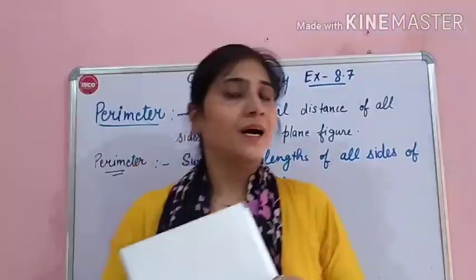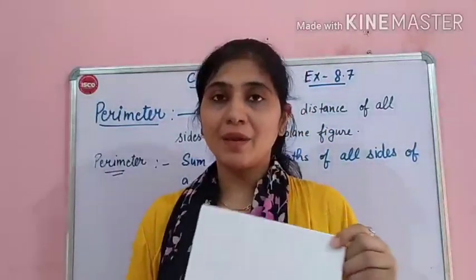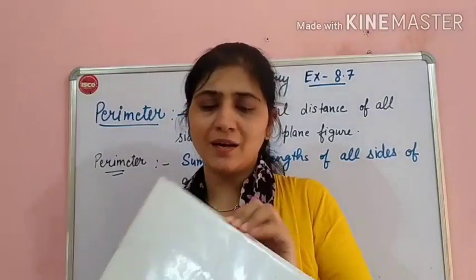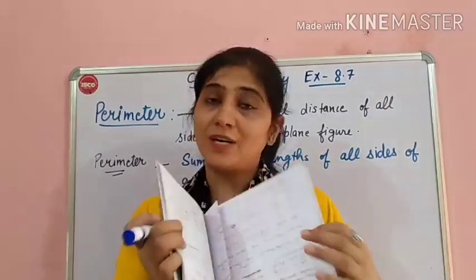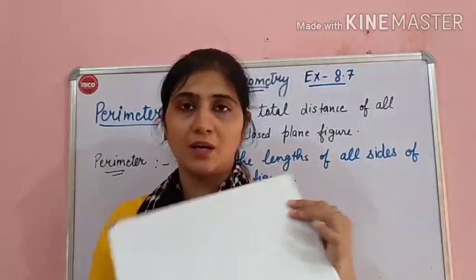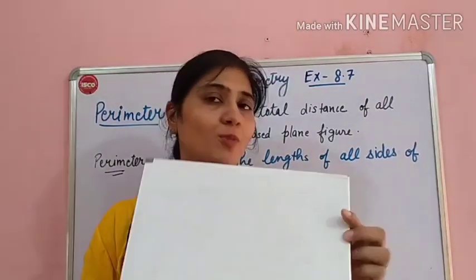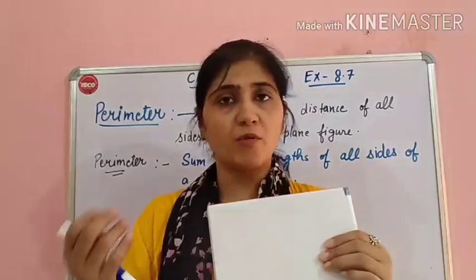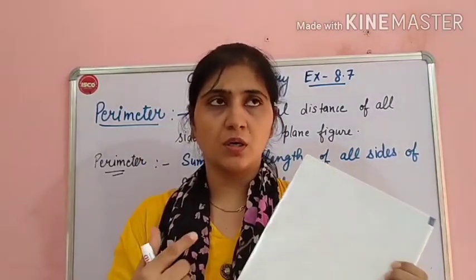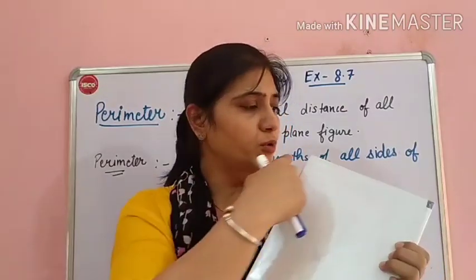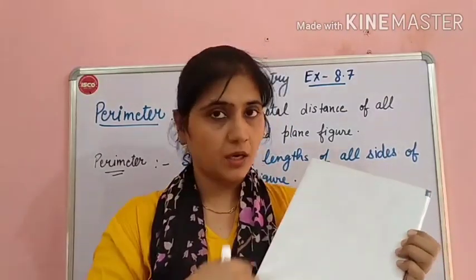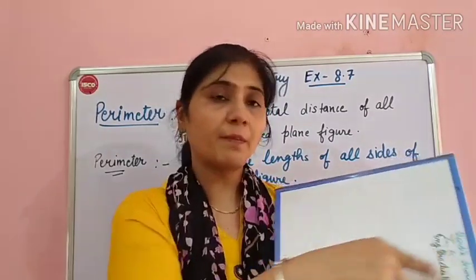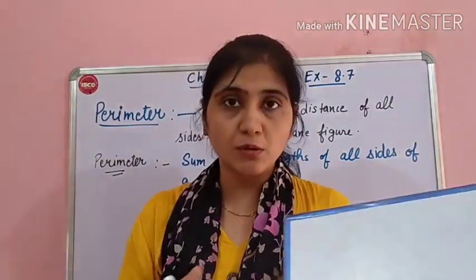Okay? Tell me, what is this? Yes, this is a notebook. And what is the shape of this notebook? Yes, the shape of the notebook is rectangle. Okay, students, if I want to decorate this notebook with colorful tape, I want to decorate its boundary. Just in the same way, see here the blue tape, I want to decorate with another tape also.